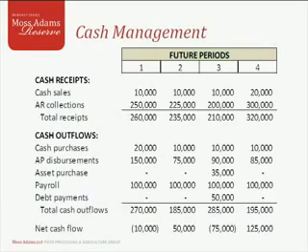Determine cash flow from operations. In its simplest form, this is cash receipts versus cash outflows. For this example, cash receipts includes cash sales and collections on accounts receivable. For cash outflows, we'll use purchases, accounts payable disbursements, asset purchases, payroll, and debt payments. At the bottom, for each period, calculate net cash flows. So in our example here, for period 1, we have total receipts of $260,000 and total outflows of $270,000, so we have a net cash deficiency of $10,000.